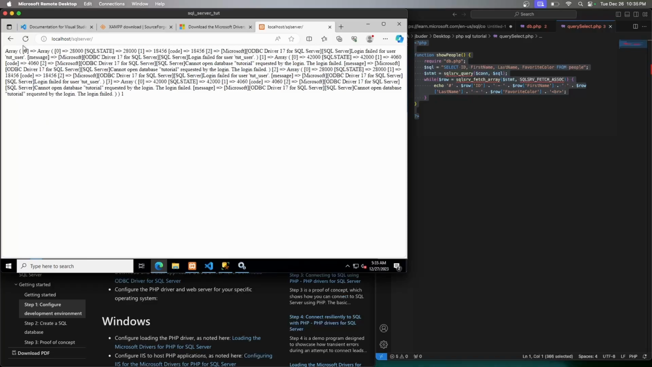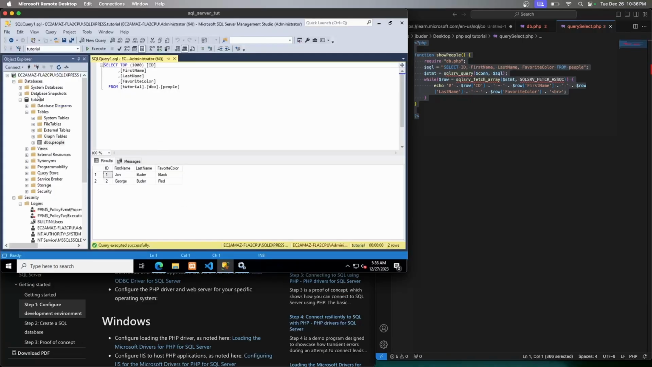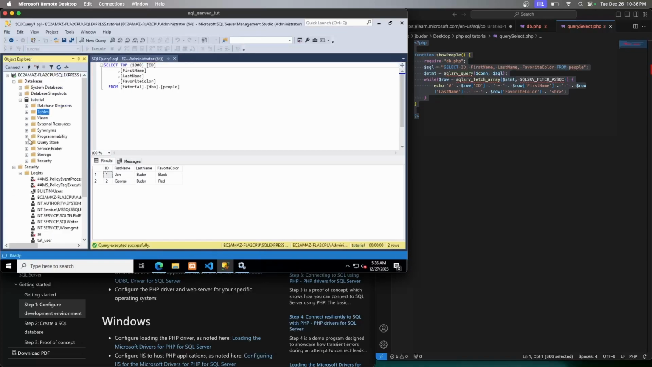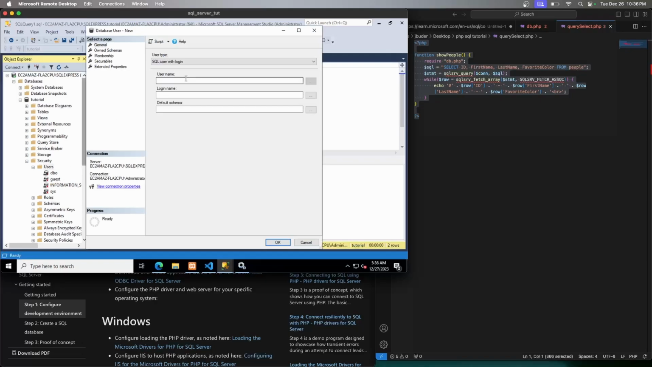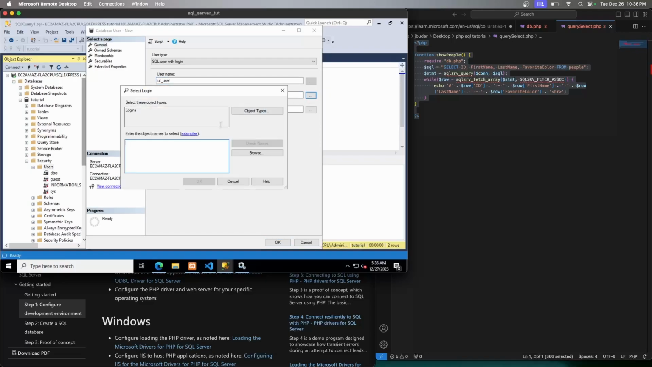Okay, now we've got another problem. So I did actually forget to give permissions on that database to TUT user. So we'll go under security. So make sure you're under the tutorial database, and then under security and users, we'll add, dang it, I guess we'll have to add him. Okay, yeah, we'll have to add TUT user. Yeah, he's already there, so you can just type it in, and then